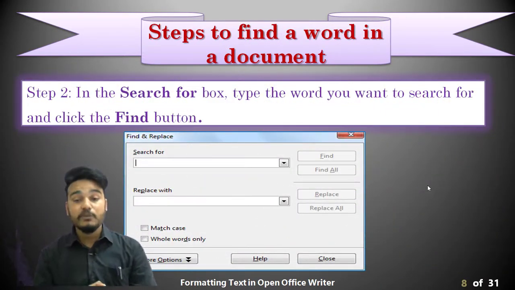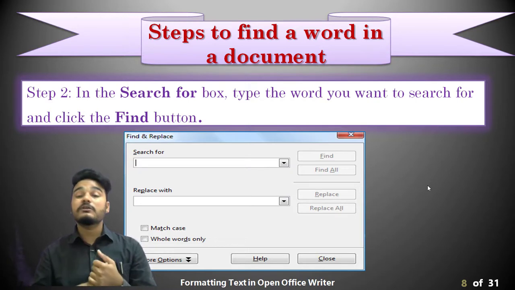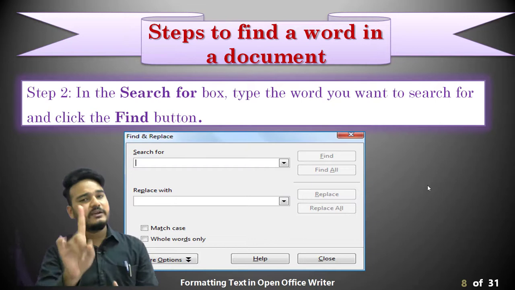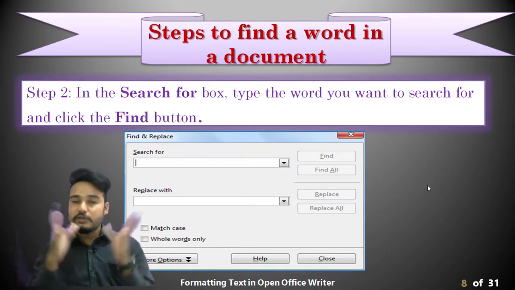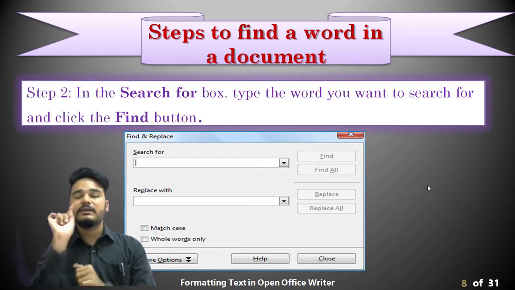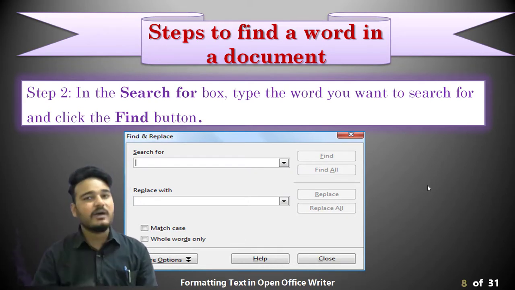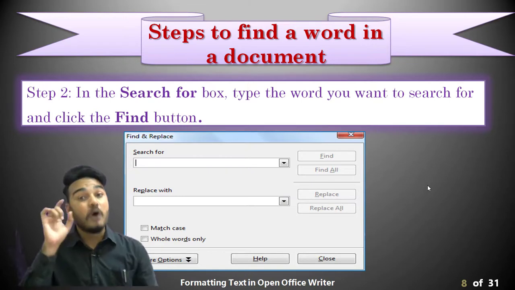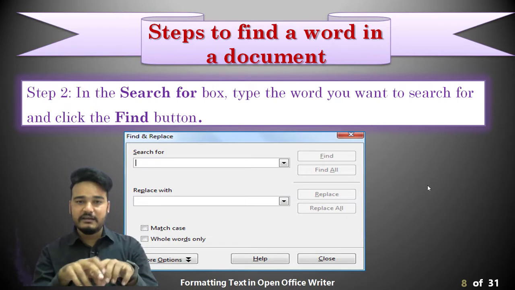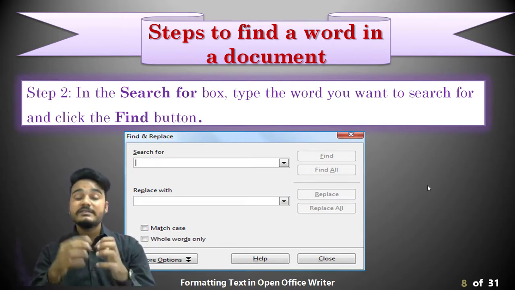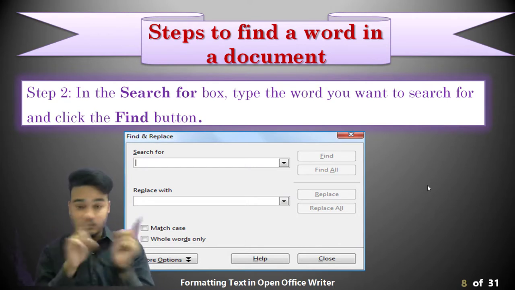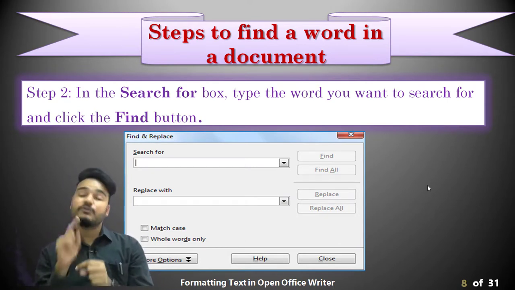This is the find option. Now if you want to find one entry only, you can find one only. Like the word cow is there more than 3-4 times. So just type search for cow and click on find. It will show you one cow option. But if you click on find all, it will show all the cow words which are present in that. I am taking the word cow because we are discussing that particular paragraph, the story I showed, that only.